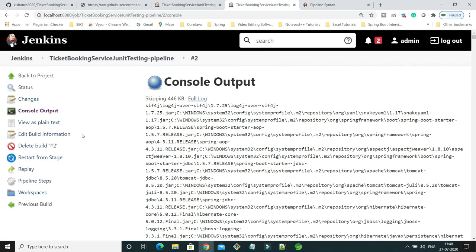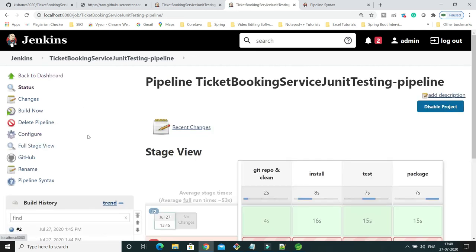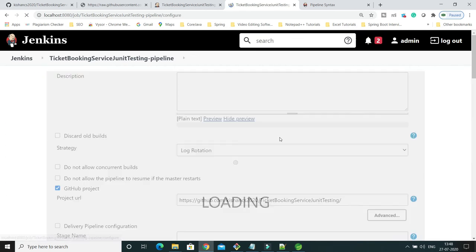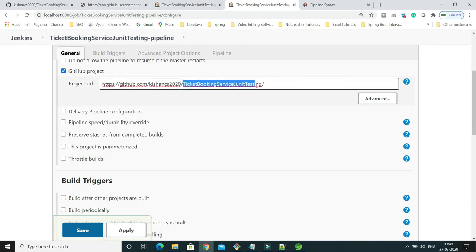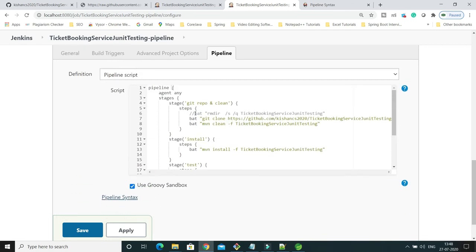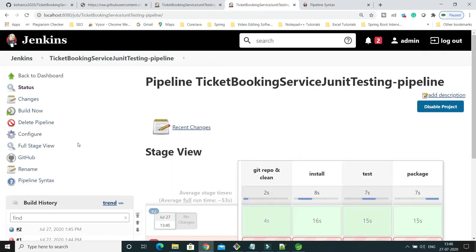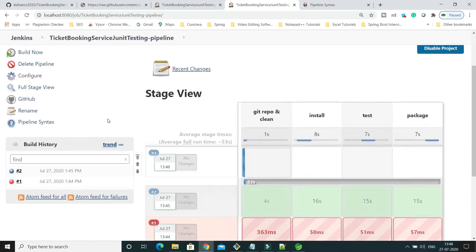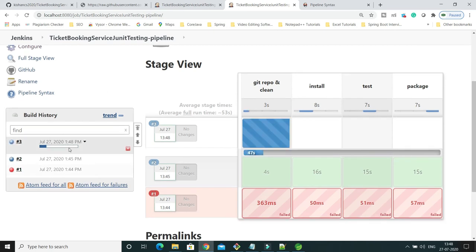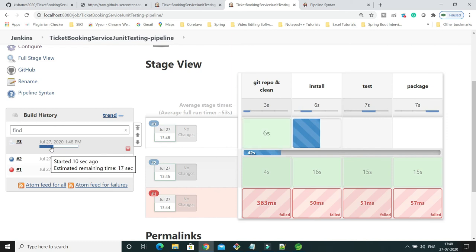But before going, we had made one change in the script, right? So let's go here, and as we ran this project the first time, that directory would have been created, right? So here I am going to uncomment this portion, and let's build it again and see whether this time it throws an error or not. First time when we tried to run, that project name did not exist in the local directory, and that's why it was throwing an error. So if I run it again, let's see what happens. This time it should run, because it is cloned and available in the local directory.